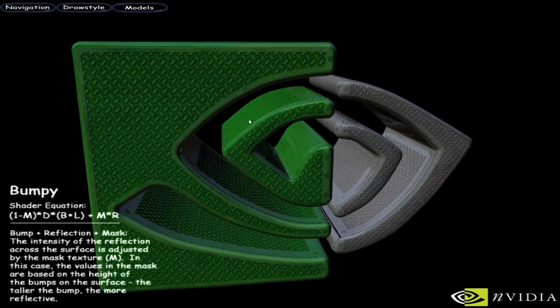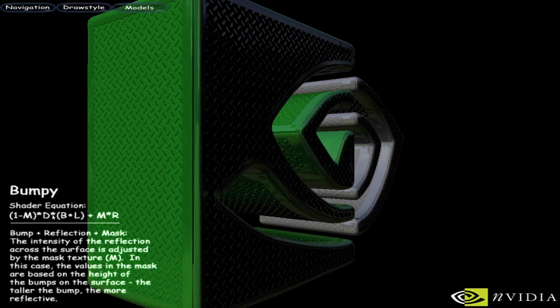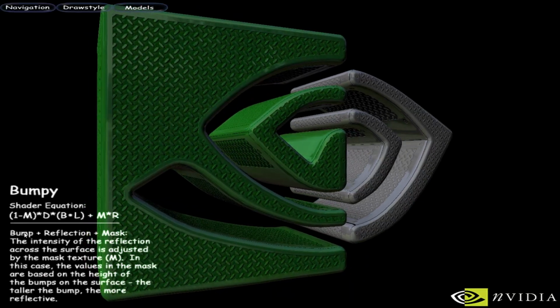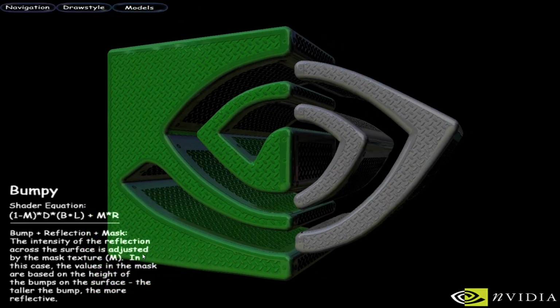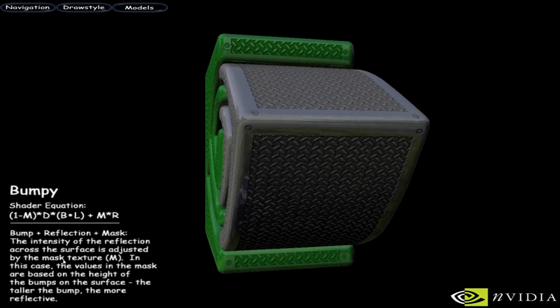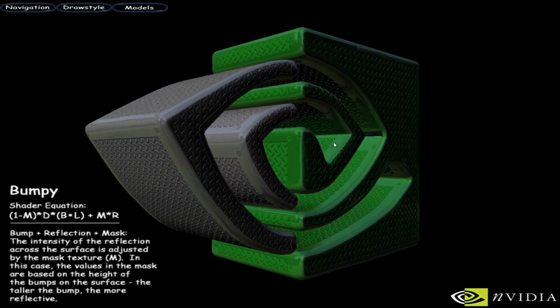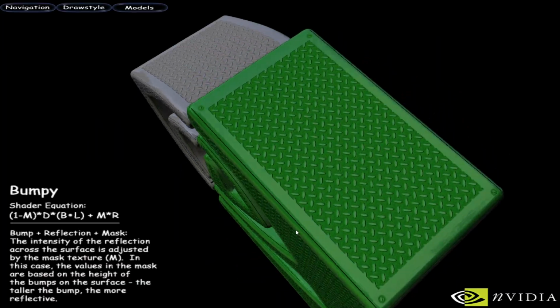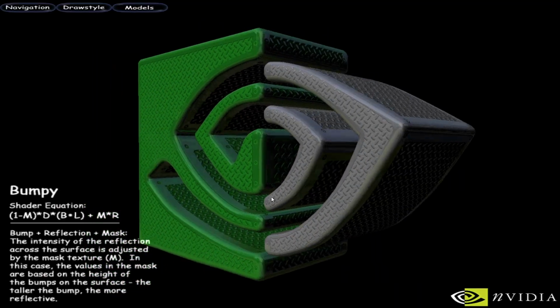Okay, if we go to shader 3 there, what we have is a reveal of what that M is. It's a mask. So this is the bump reflection in the mask. The intensity of the reflection across the surface is adjusted by the mask texture, M. In this case, the values in the mask are based on the height of the bumps on the surface. The taller the bump, the more reflective. So that explains what the mask is, which is really effective at making this look like metal,